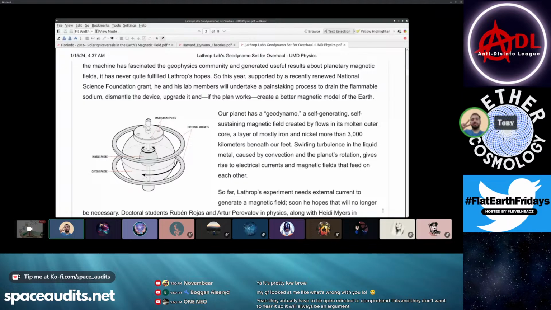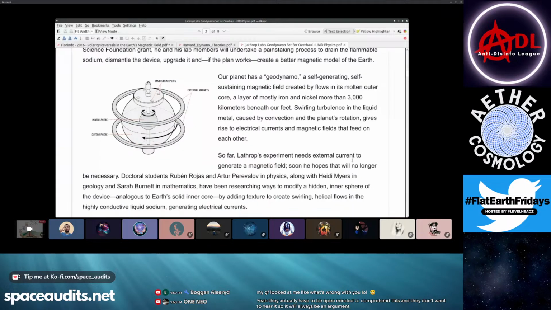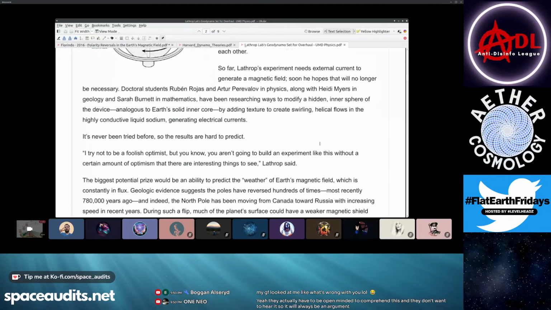Our planet has a geodynamo, a self-generating, self-sustaining magnetic field created by flows in its molten outer core, a layer of mostly iron and nickel, more than 3,000 kilometers beneath our feet. Swirling turbulence in the liquid metal caused by convection and the planet's rotation gives rise to electrical currents and magnetic fields that feed on each other. So far,